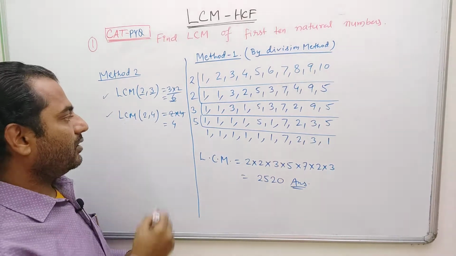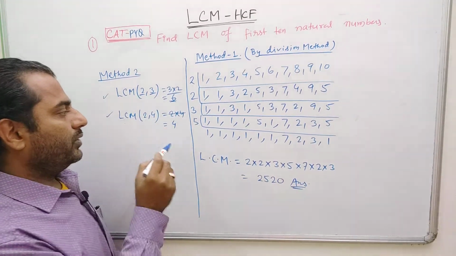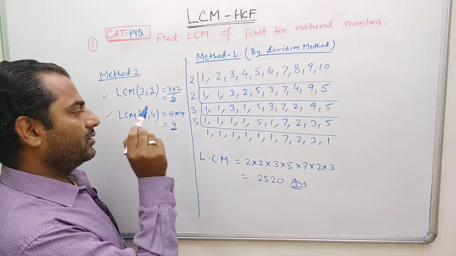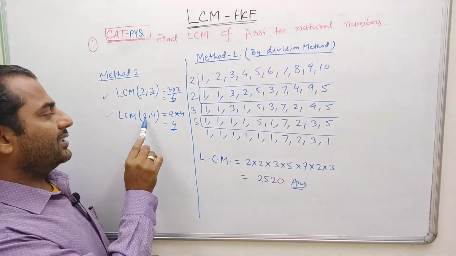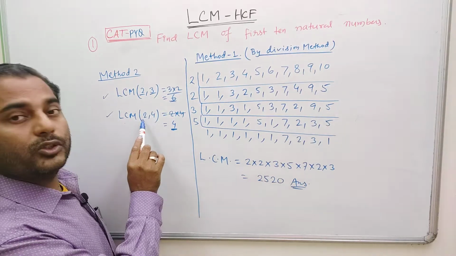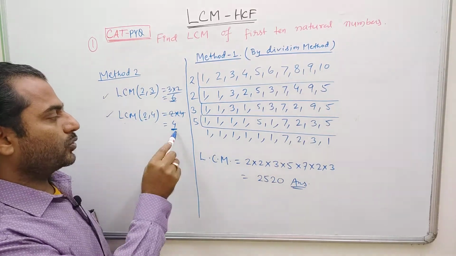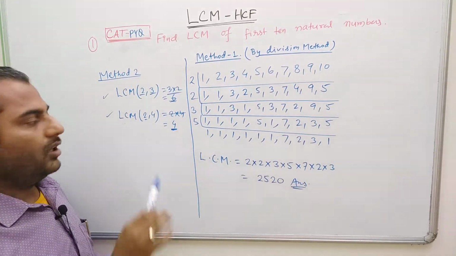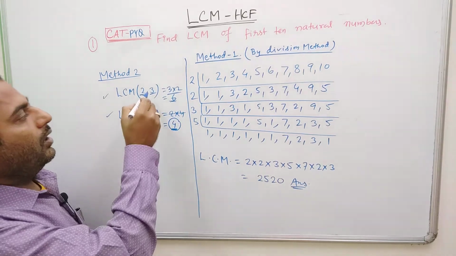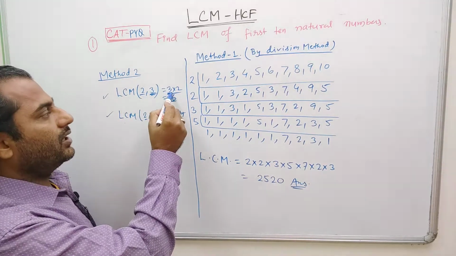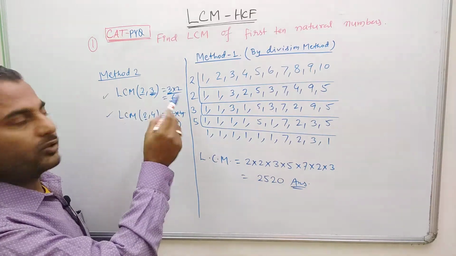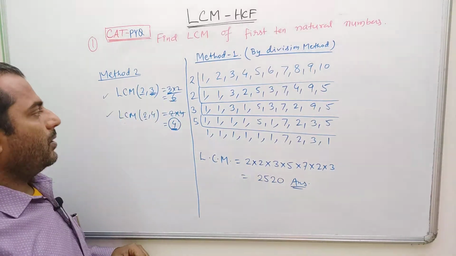There is a common factor, and that is why we take the largest number. Try to understand this. We take the largest number, that is 4, and we see whether this 4 contains 2 or not. The second number is 2, so this 4 already contains a 2 in it, so that is the answer. Here also, what we did, I took the largest number, that is 3. By taking 3, this 2 is not contained, so I have to multiply by 2.